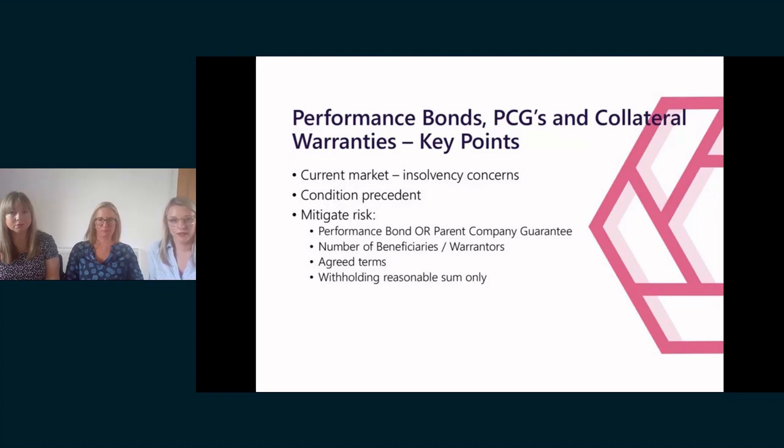Similarly, the requirement to provide collateral warranties is extending to a greater number of parties. There's a rise in contracts demanding, as well as the usual designer collateral warranties, workmanship only collateral warranties. So the obligation on the main contractor to procure warranties extends to a far greater element of the supply chain